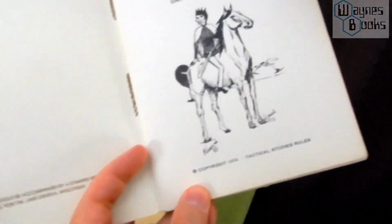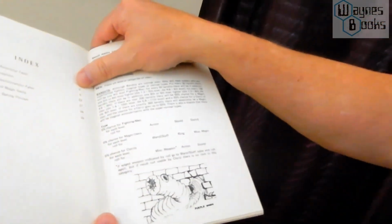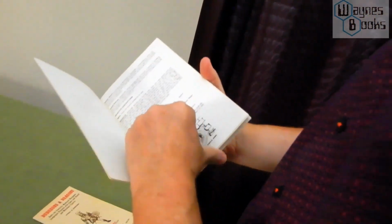Yeah. It looks like a doofus. Yeah, he looks like this. Okay, let's see. Oh, how about the purple worm? That looks kind of scary. Yeah. All right, what else we got